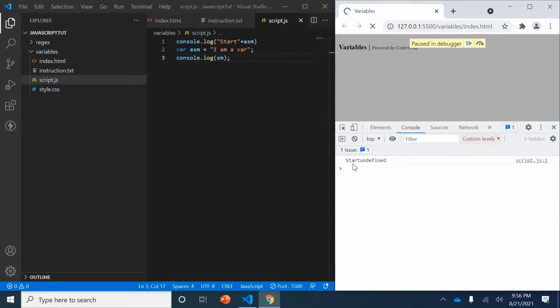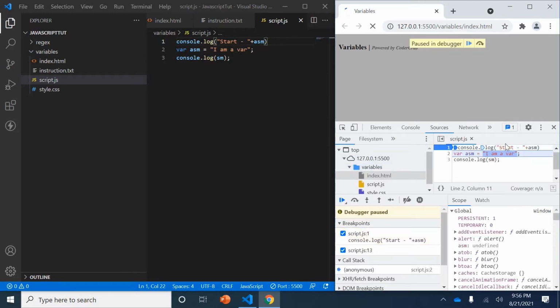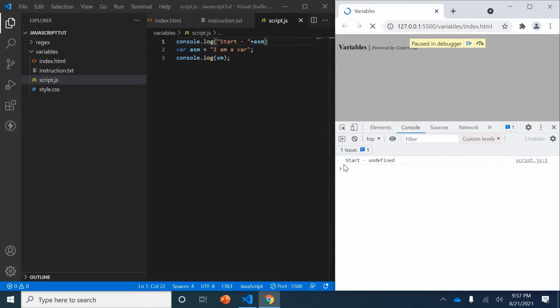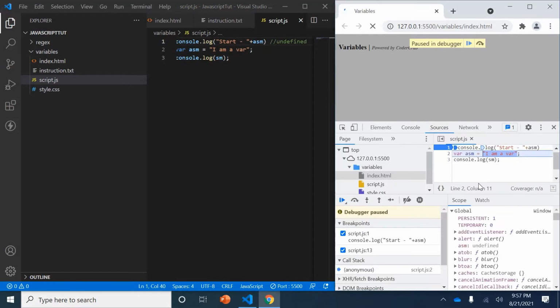Let's see the output: undefined. So if I'm putting this var, the output is undefined. Let's comment it here that in this case, if I am putting a var, the output is becoming undefined.